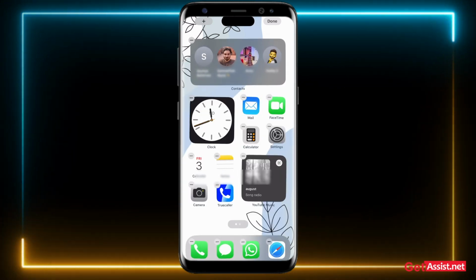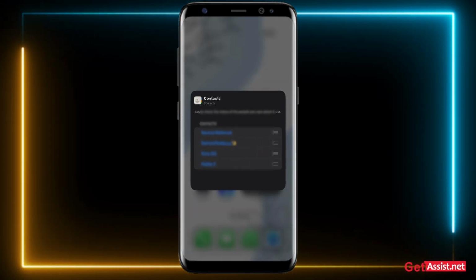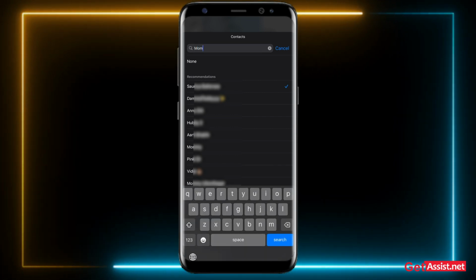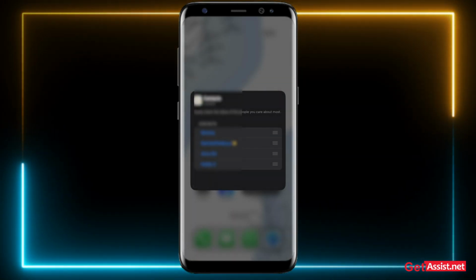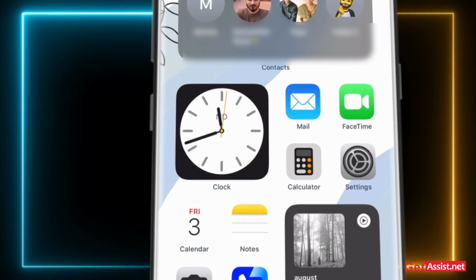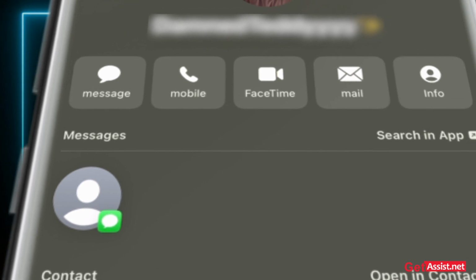Now tap on the contact widget and you can edit the contacts according to your choice. You can easily add or remove the contacts you want on your contact widget screen. Once done, you can conveniently just tap on these contacts and be able to call, message or FaceTime or even